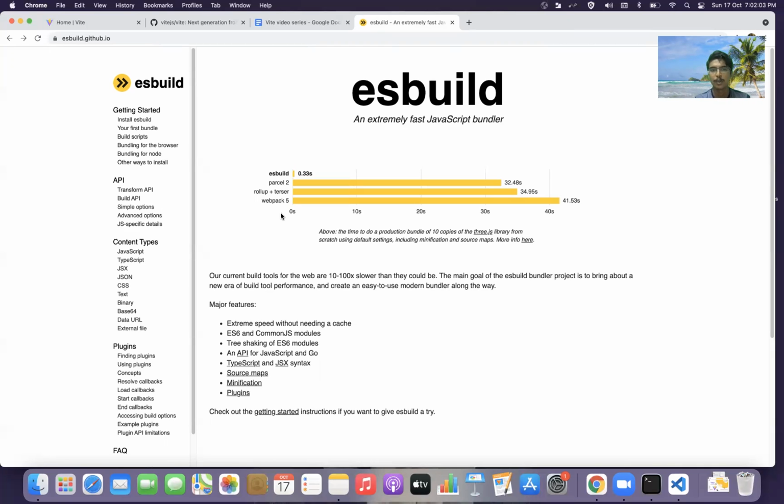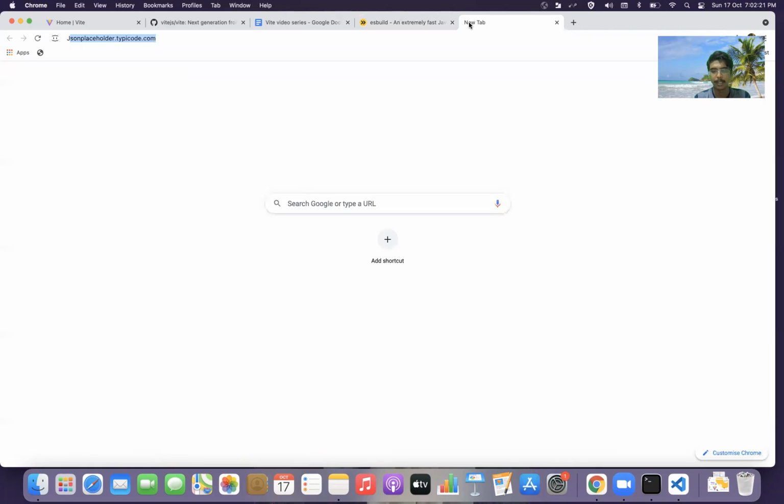If you take any build tools like Webpack, Rollup, Parcel, Snowpack, anything, all those build tools are actually written in JavaScript, which follows a technique called just-in-time compilation. If you don't know what just-in-time compilation is, you can go and read.